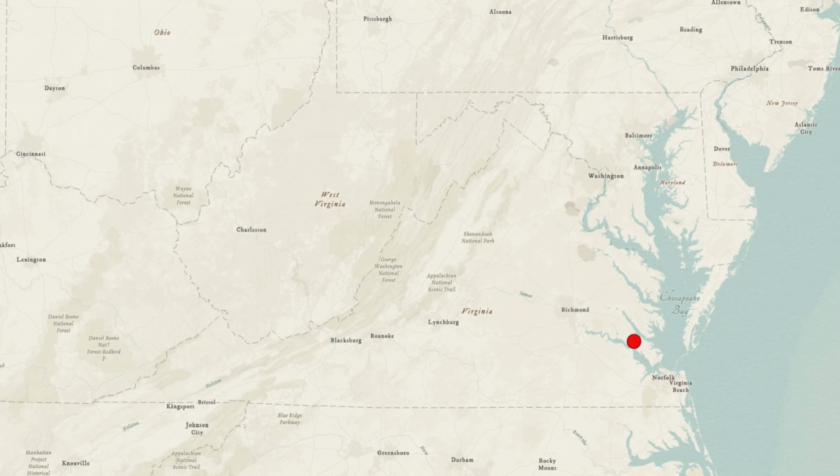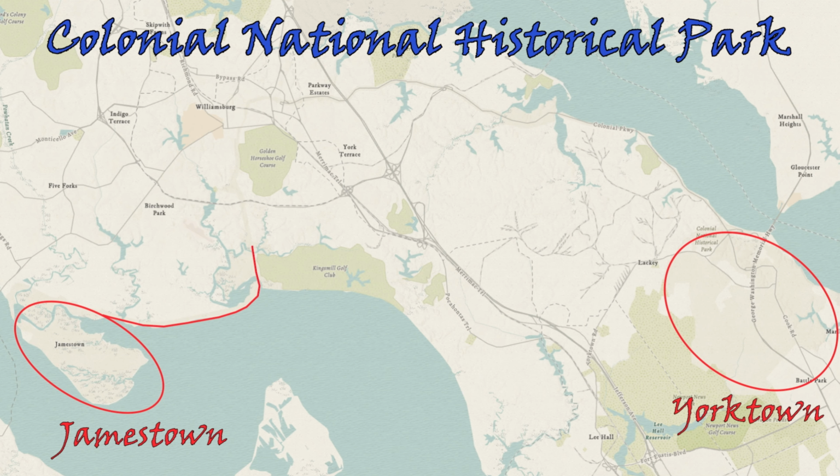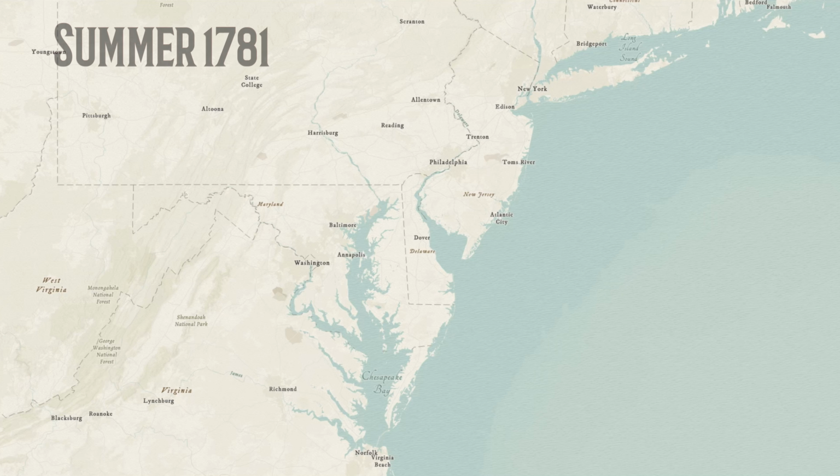Colonial National Historical Park is in Southern Virginia. It covers multiple sites, including Jamestown, Yorktown, and a parkway that connects them. Let's explore Yorktown. In the summer of 1781, the United States had been fighting Great Britain in the Revolutionary War